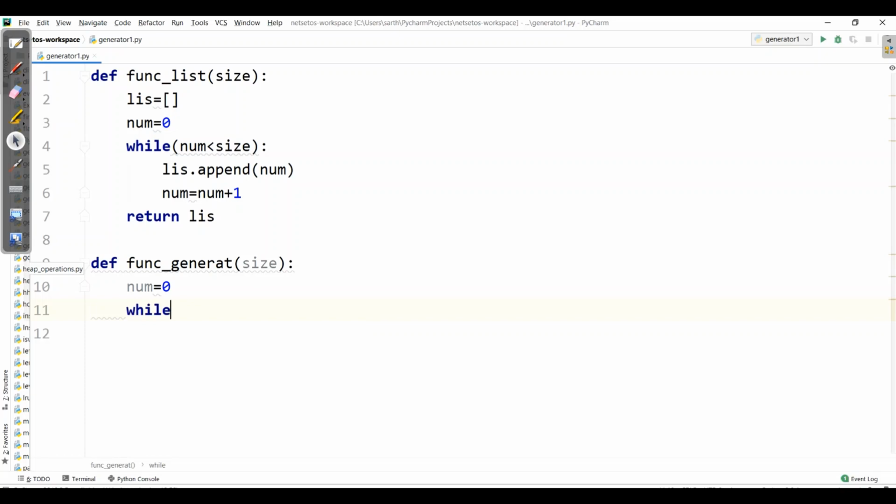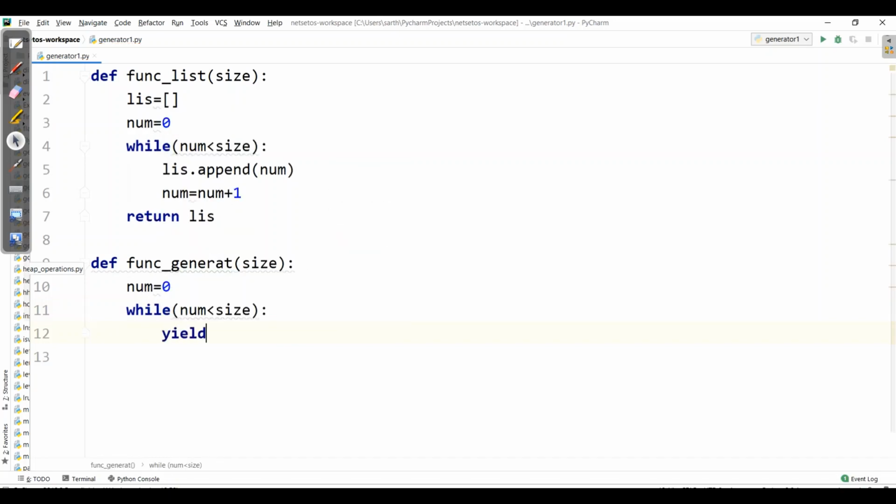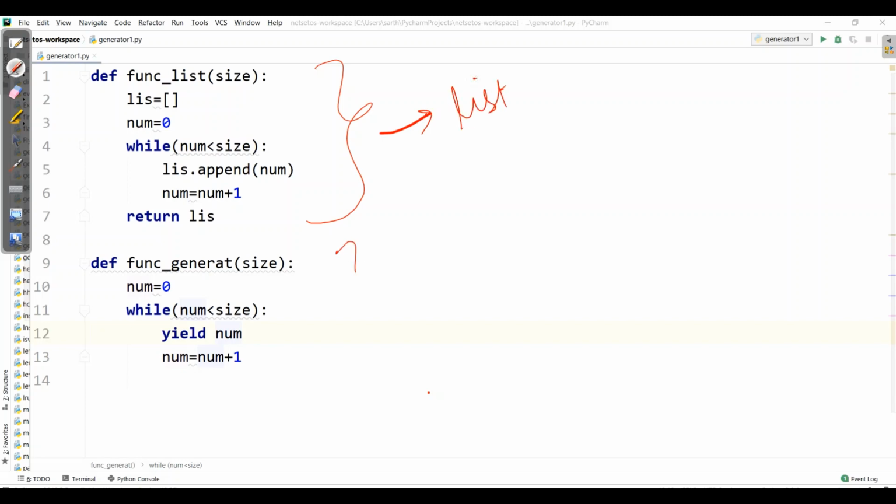Then we will define the condition while num is less than size, and as it is a generator, it is supposed to use the keyword yield num, and then num is equal to num plus 1. Here I have used the same functions, but one for list and the other for generator. Now we will see which is memory efficient and which is not.